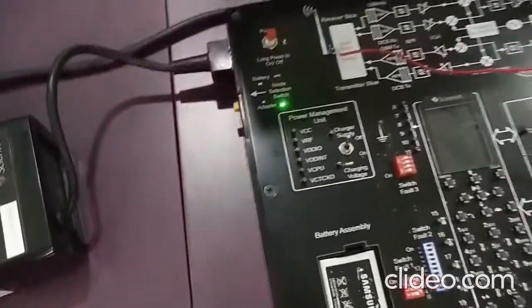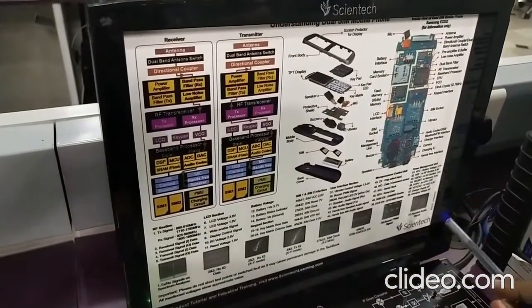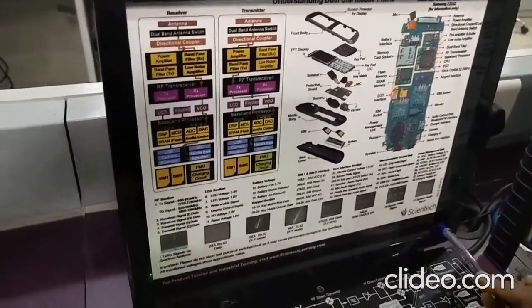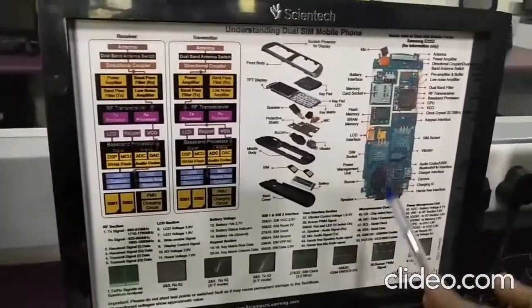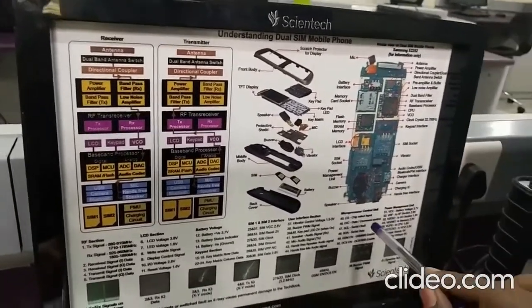Now, what you are seeing here is nothing but your mobile trainer explanation part, which comes along with the Scientech book. And here you have the block diagram, and each and every part is explained for you.